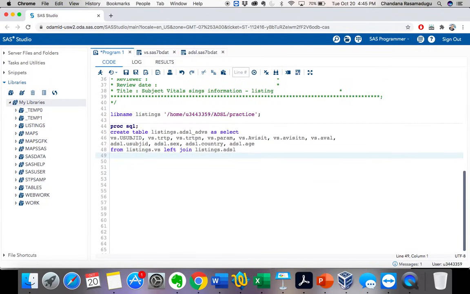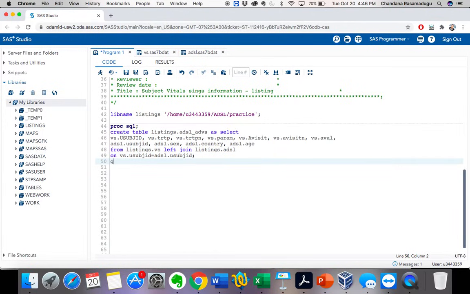So for that, let's give on vs.USUBJID is equal to adsl.USUBJID. That means it will combine these two datasets with the required variable values only when USUBJID from the ADVS dataset is equal to USUBJID present in the ADSL dataset.